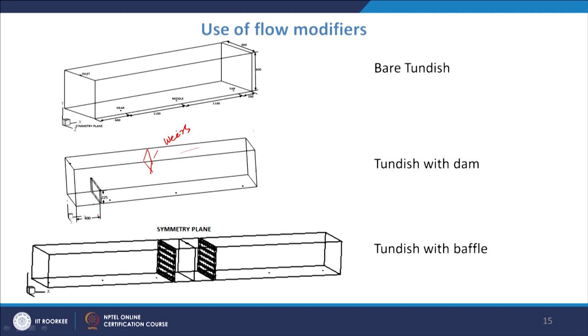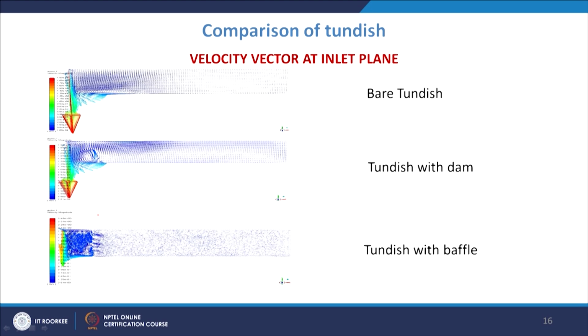So this is a bare Tundish, a Tundish with dam and a Tundish with baffle. If you take the velocity vector, you will see that there will be changes in the velocity vector. As you see, being the bare Tundish, you will have such kind of velocity vector, whereas if you use the dam, the metal goes up and you can see that the higher velocity is seen on this side. As well, if you use the baffles, you can see how these are altering the flow pattern. There may be different purposes for which the Tundish is used. Many a times we need that it should mix thoroughly, many a times we need a quiescent flow, quiet flow. So depending upon the situation, we can use these different